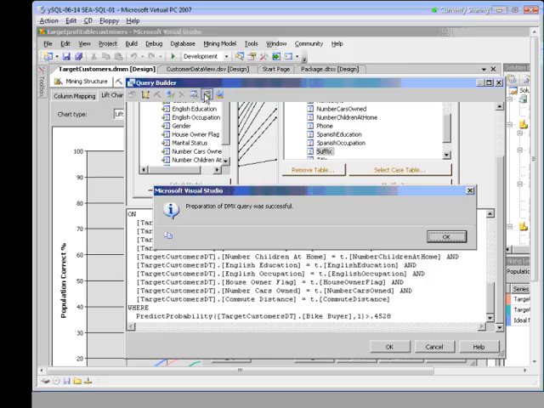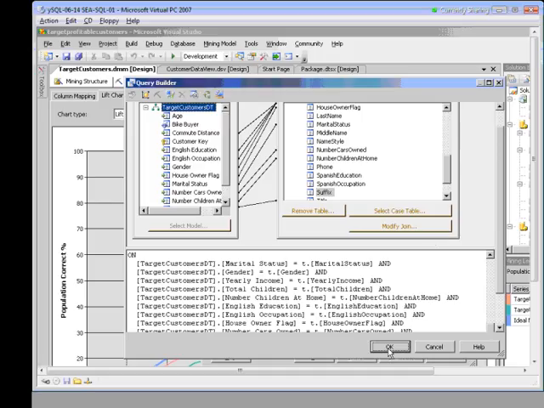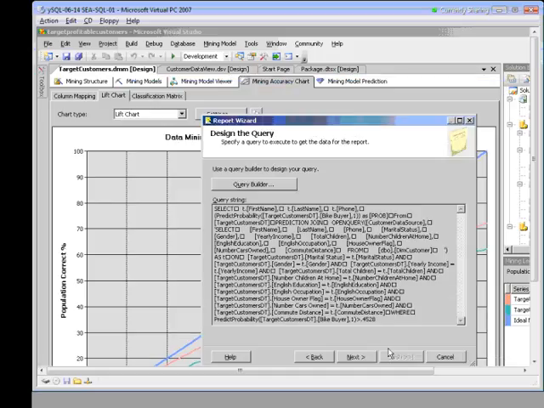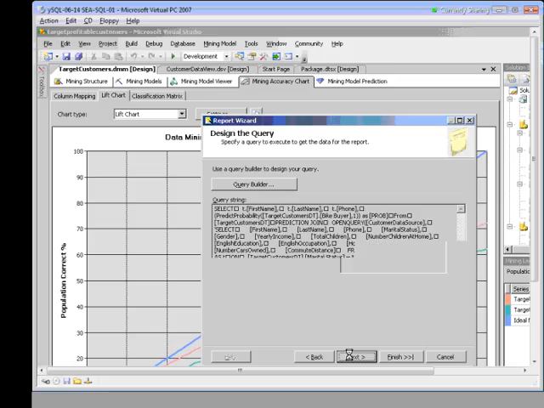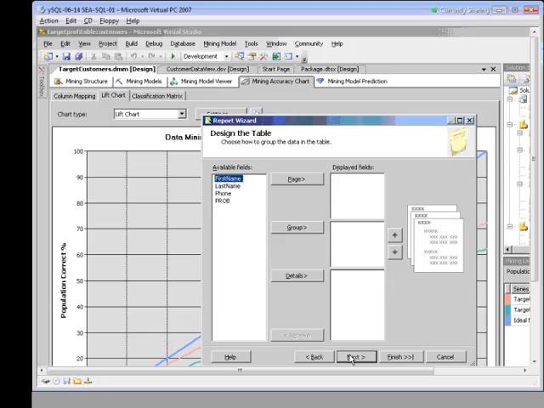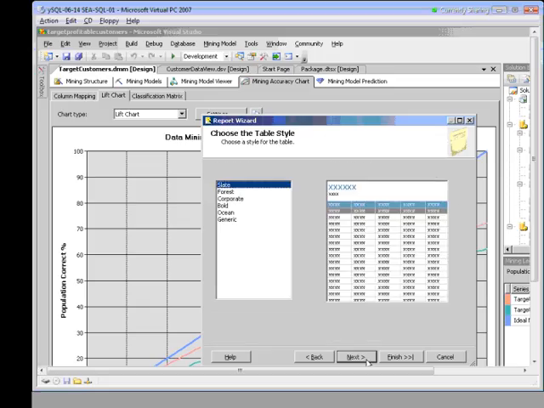All right, so let's go ahead and prepare our query. That worked successfully. Our syntax is correct, so we can now move on. Click OK there, and OK here. Next, we can define the appearance of the report. Let's keep the default settings, which is a tabular format. So we did all that just to build the query for this report. Tabular format. And let's go ahead and grab all of our columns here and put those into our detail, and click on Next. And let's use the default style.